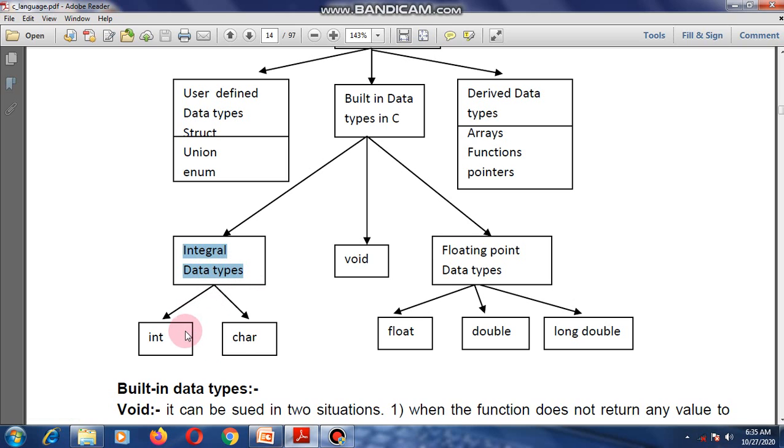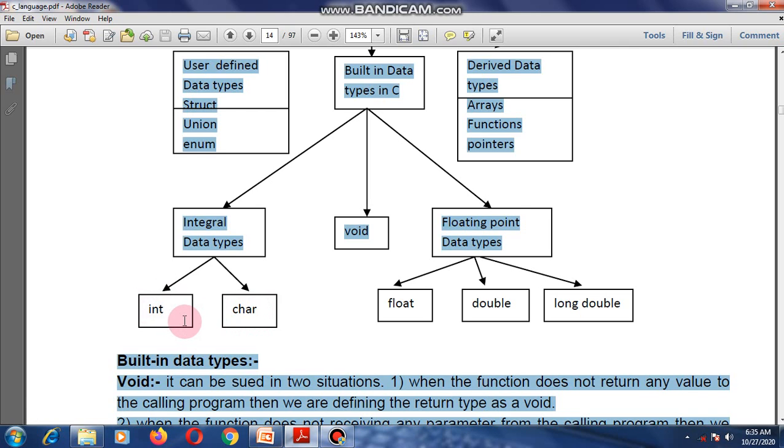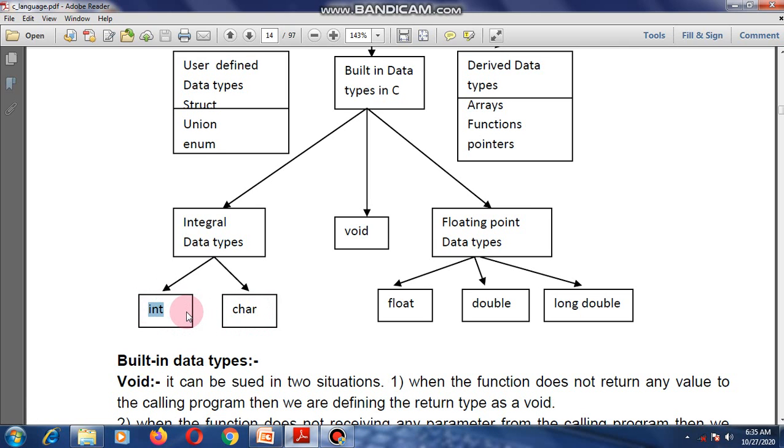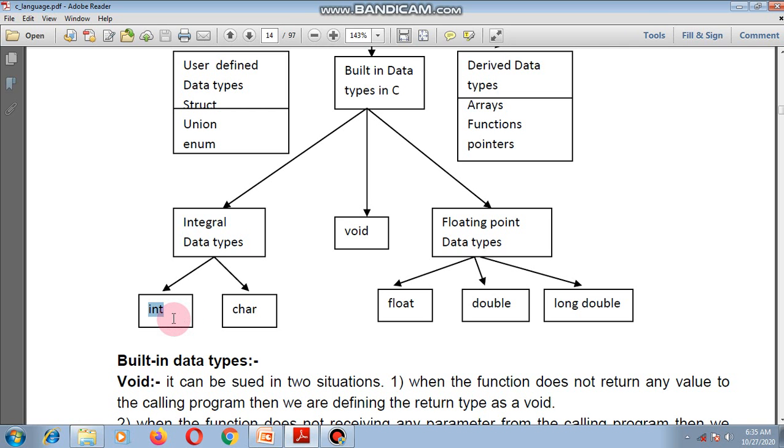Again, integral data type is classified into two types, int and char. In the integer data type we can store only integer numbers, that is, numbers without any fractional part. The integer data type's basic size is 2 bytes, and it can support signed and unsigned.